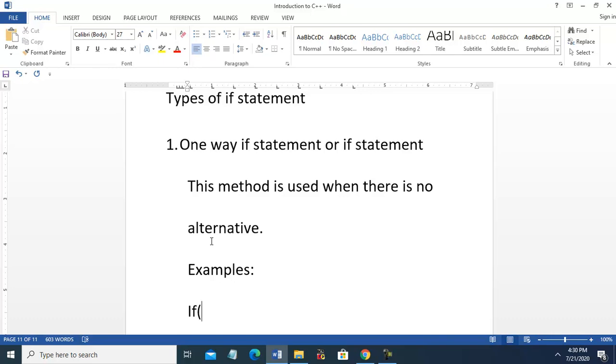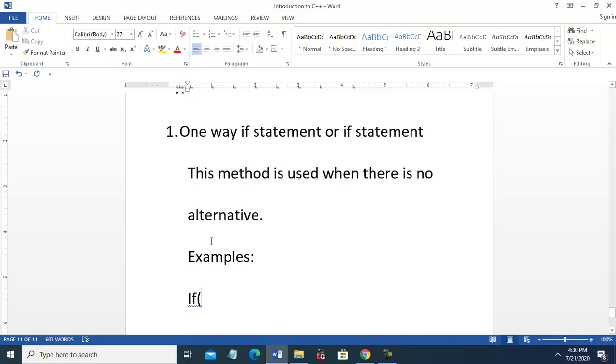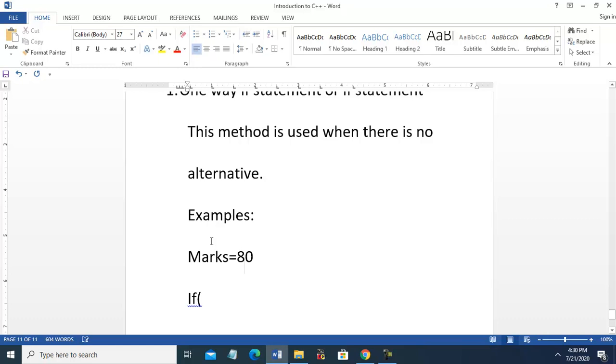Before using the if statement we must have values. For example, marks is equal to 80. So we have marks 80. Now we will apply a condition on marks.